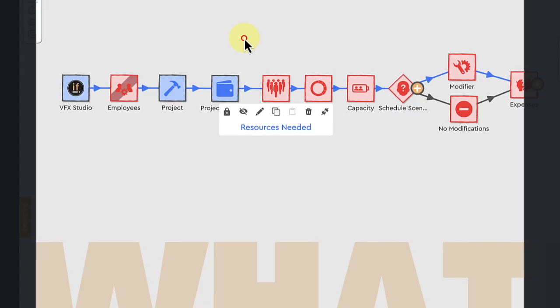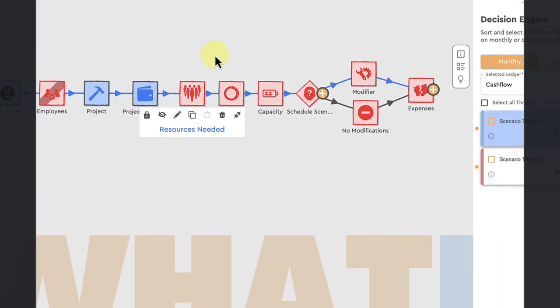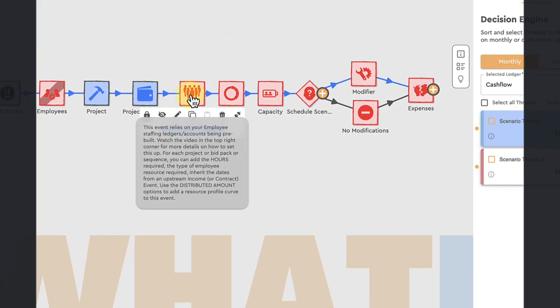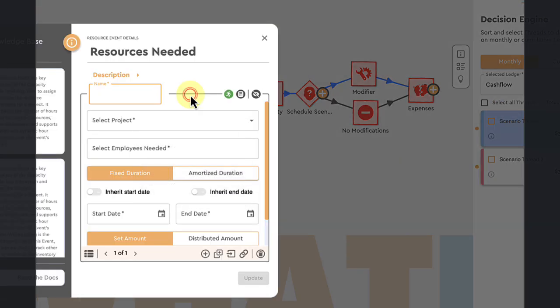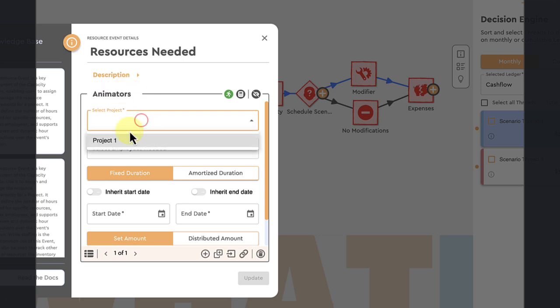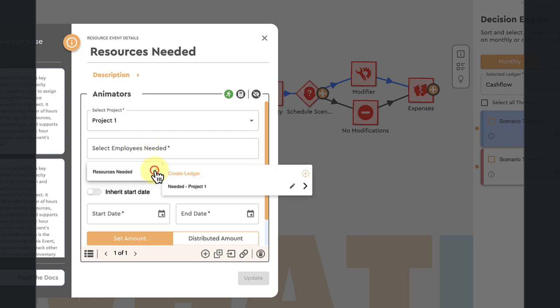I'm going to close this down. Now those are available to us in all of our events. So now when I go back into our resources needed, we're going to start by defining the animators that we need for this project. So we select, give it a name, I pick the project,